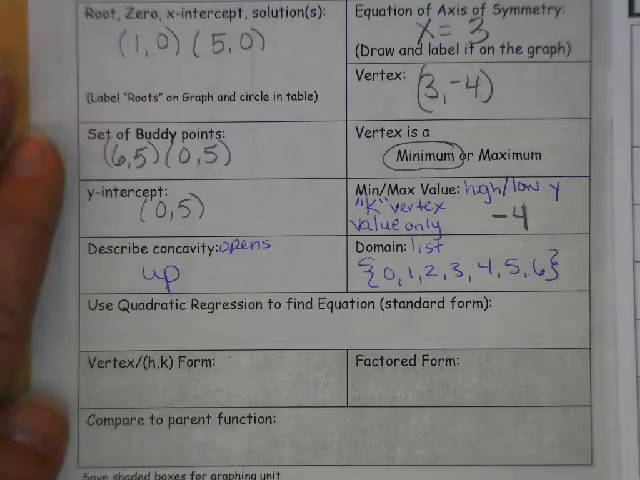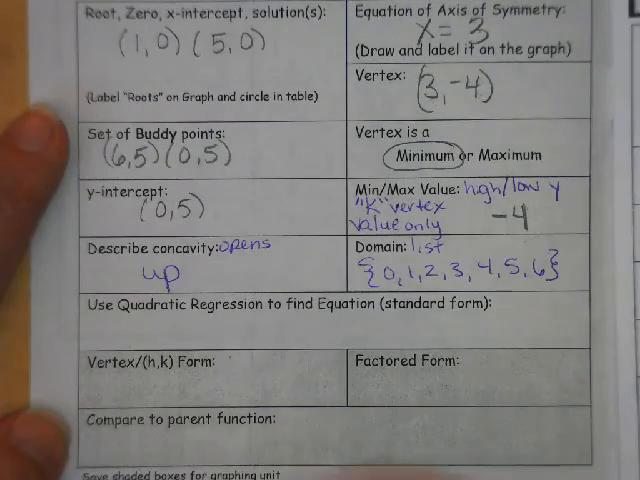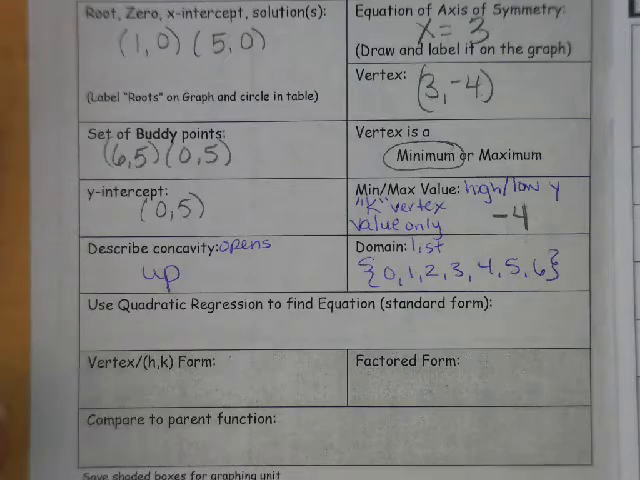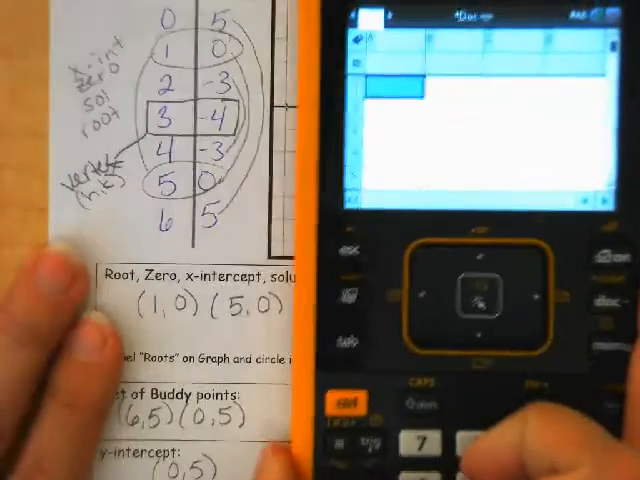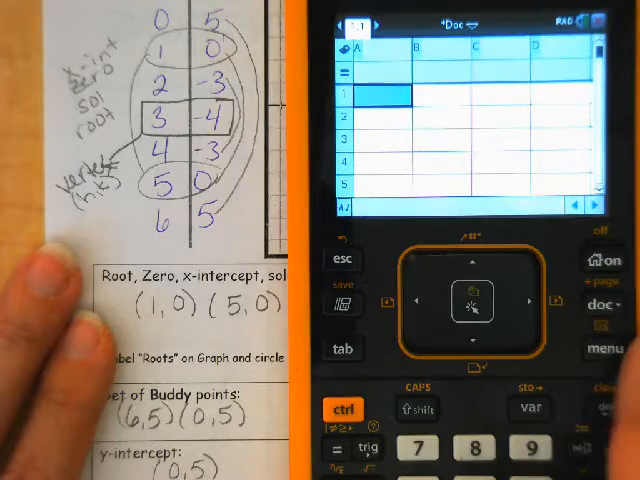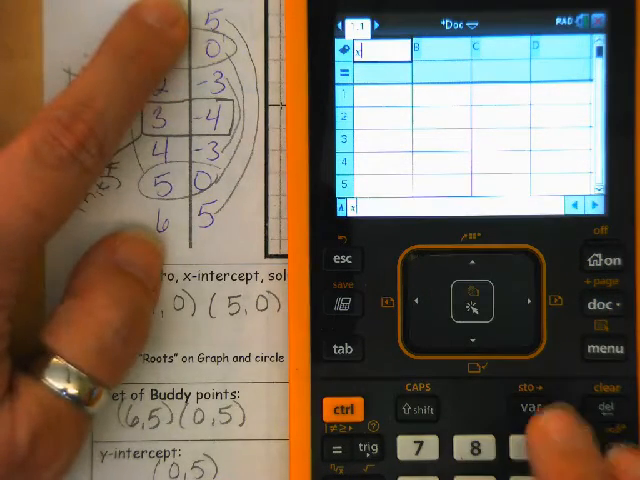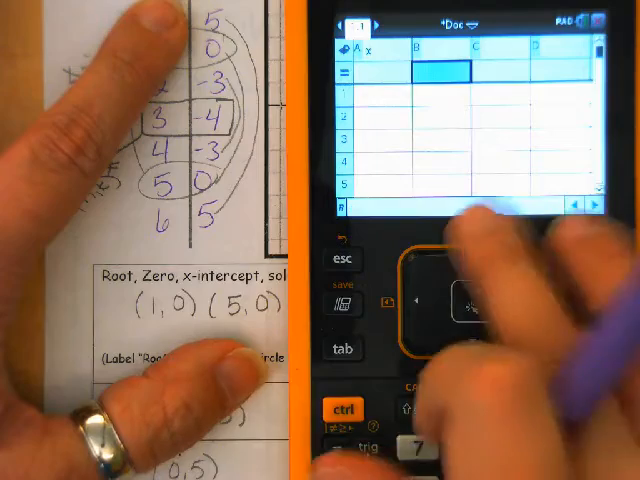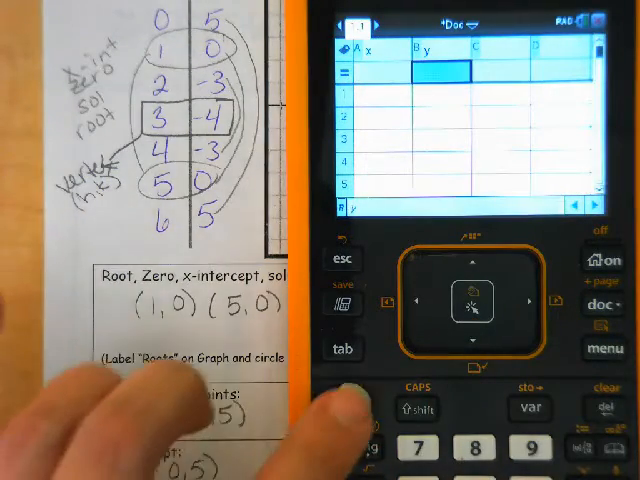All right, you need your calculator for this next piece, your quadratic regression. This is list and spreadsheet, so put that in there real quick. A while back, we did list and spreadsheets to write equations. We're going to do the same thing. So we're going to go up and we're going to put in our x and our y. Some of you learned that if you don't put that first, you are not going to be